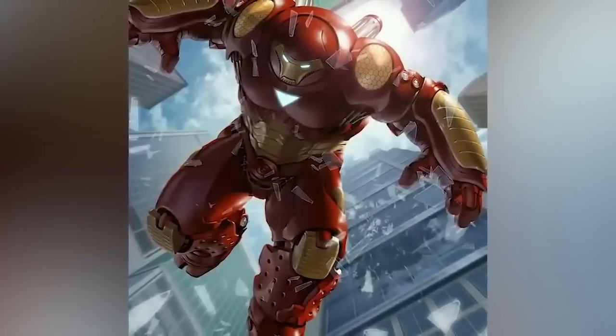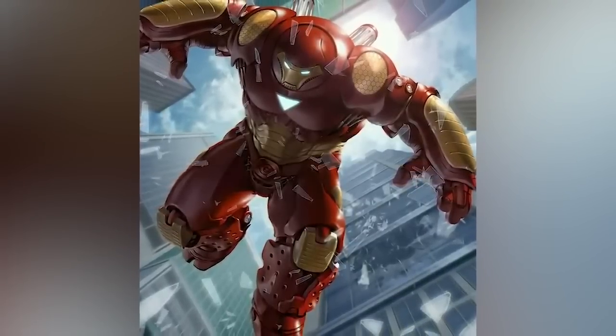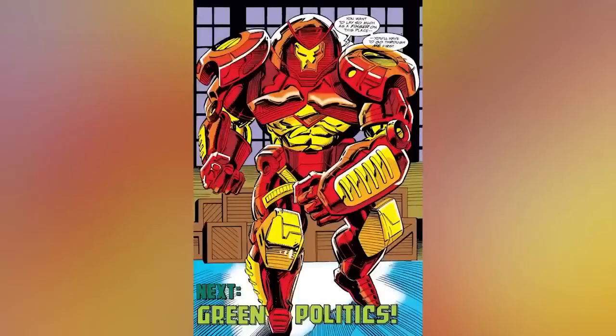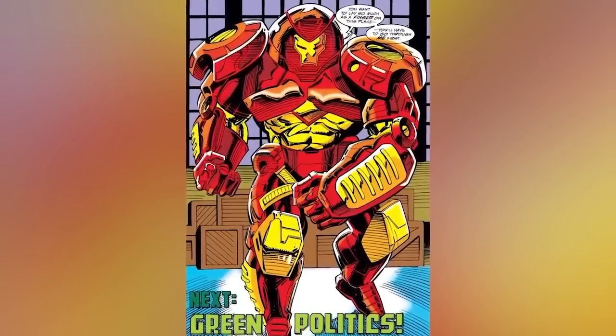This particular add-on was used when Hulk confronted Iron Man over the production of gamma bombs while partnered with Stane International, and you probably guessed it, but they did have a pretty big fight over it. Possessing the standard repulsors and unibeam that are incorporated in all base Iron Man suits,